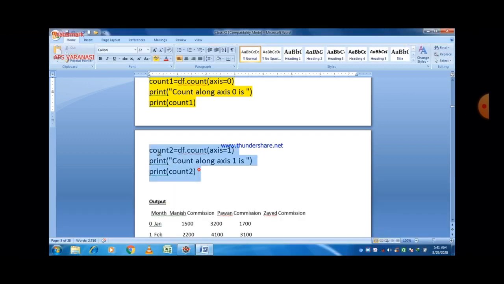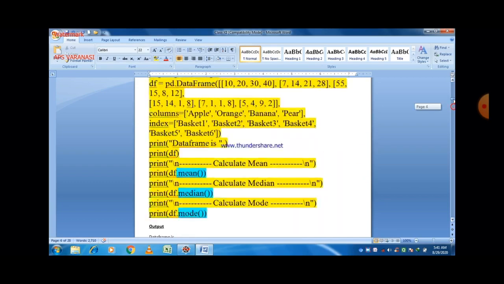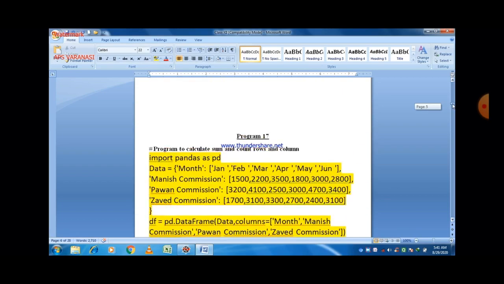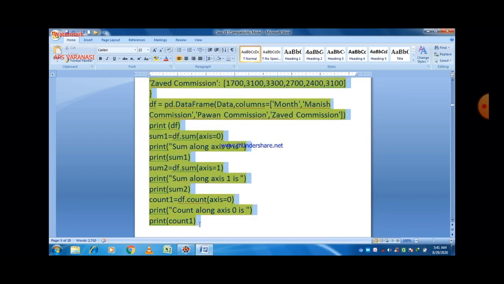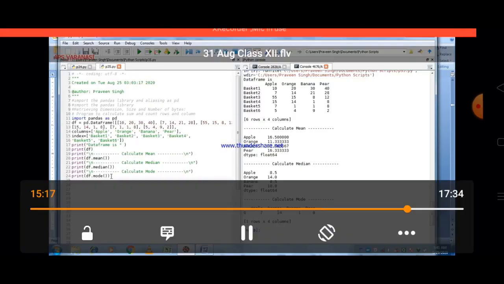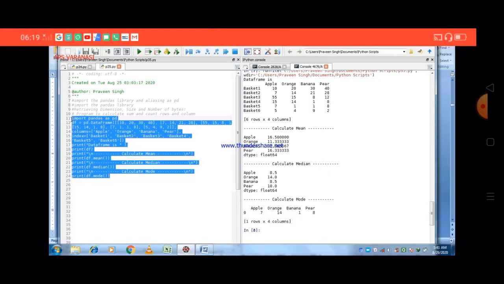Next is count. To calculate the number of rows or columns, there is a method named count, and by default it works on axis 0, and if we mention axis is equal to 1, then it will calculate the result along axis 1.